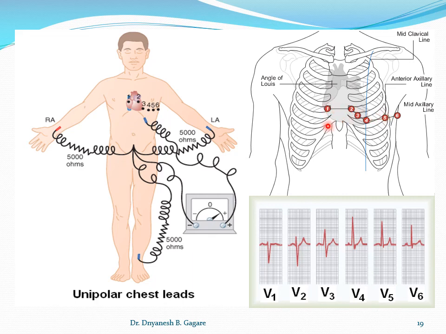Okay, the location, suppose you have to record the ECG under V1, then the position of exploring electrode is right side. See the first position is on the right side, so here right fourth intercostal space. You know how to count the intercostal space. When you are recording the ECG of the patient, first you count the intercostal space 1 2 3 4.